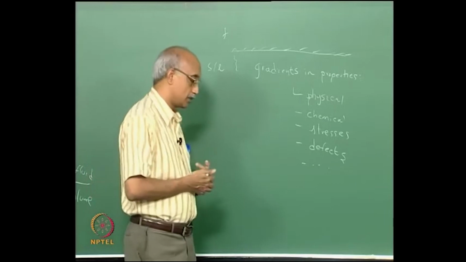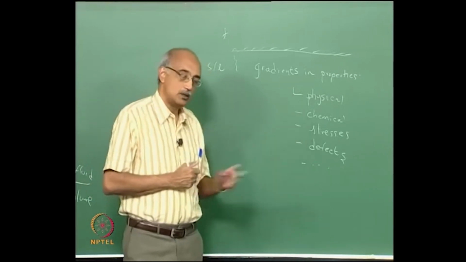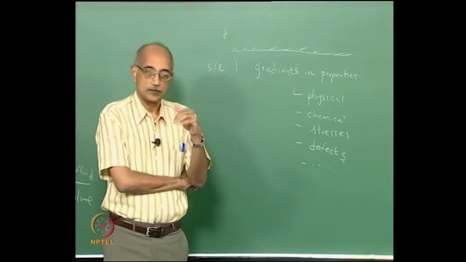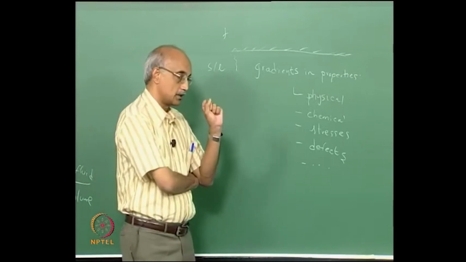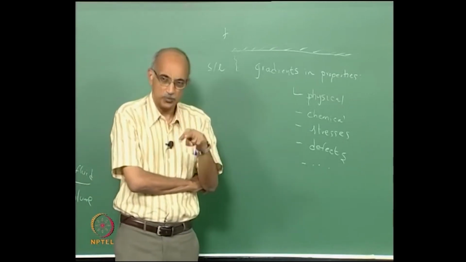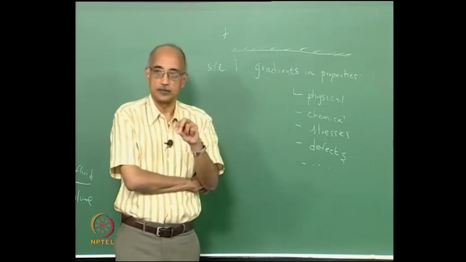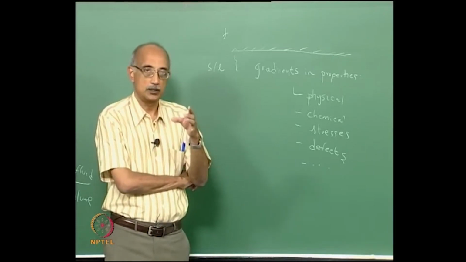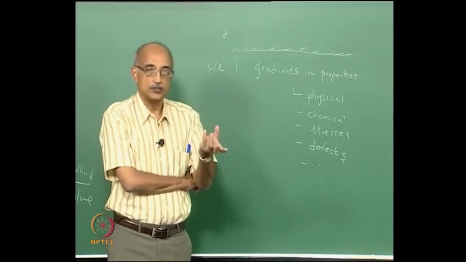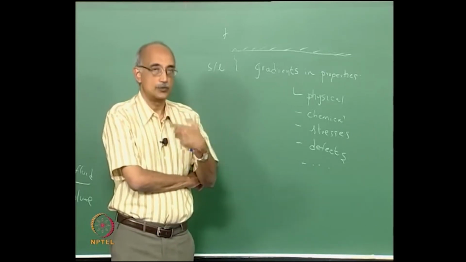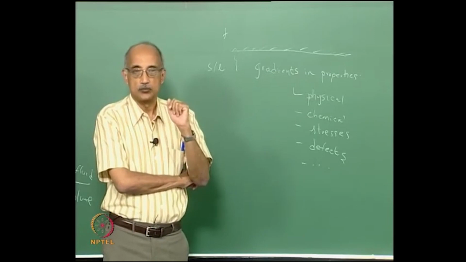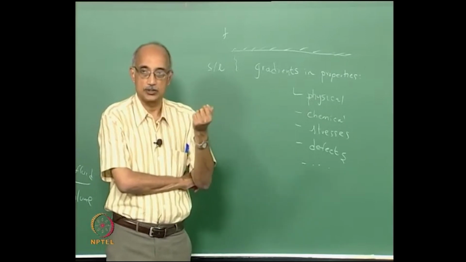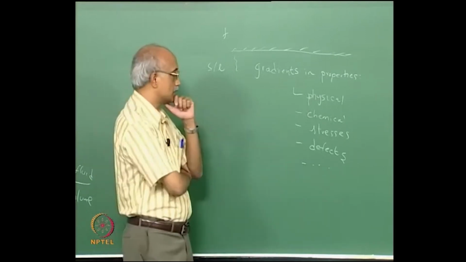Now, that is an example of, again, a chemical or compositional gradient which will then exist from the surface to the subsurface. And the reason for that is that the process by which you are introducing the carbon into the metal, into the alloy, is through a diffusion process. So, typically you would take a carbon containing species and let it diffuse into the metal. For example, it could be something as simple as carbon dioxide, or it could be some organic carbon like methane and so on. So, what would happen is this